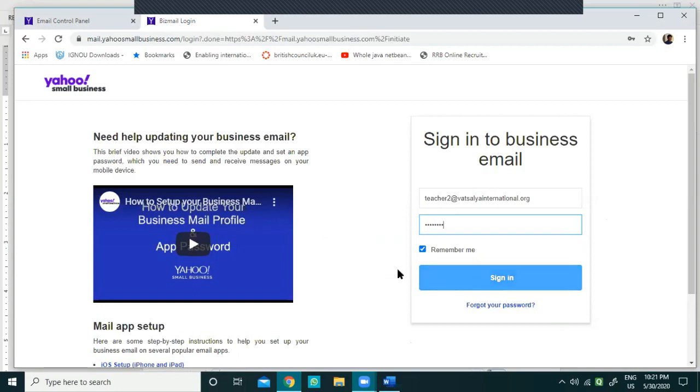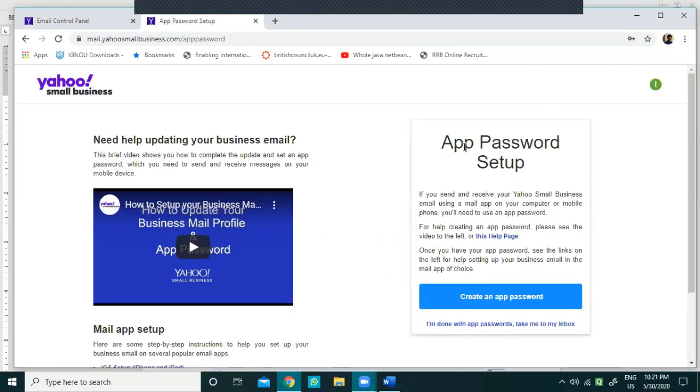Now when we click on it, this app password setup will come. You can just click it. I have done this password, take me to inbox. Click on it. Once you click on it, your email page will open.